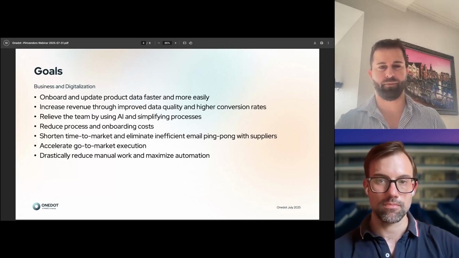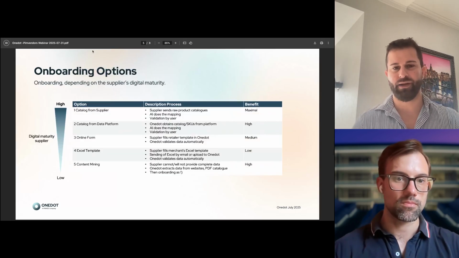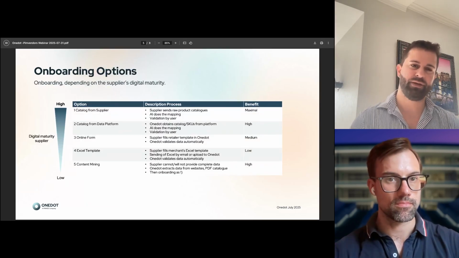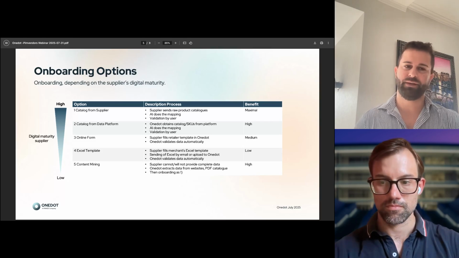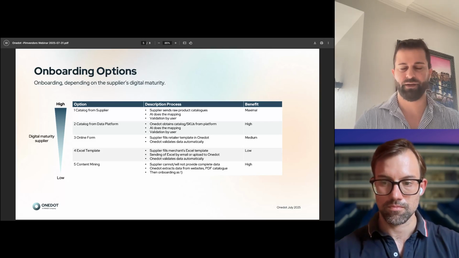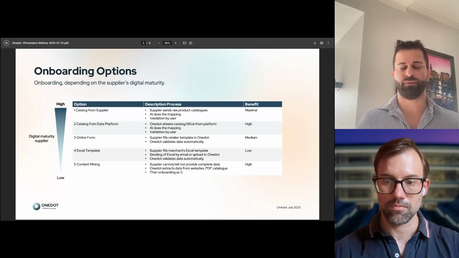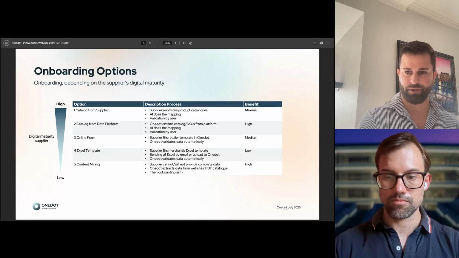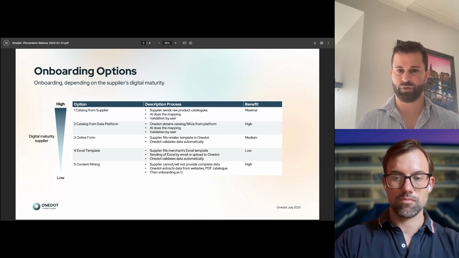This is my favorite part of the presentation. Why? Because you see here the possibilities you could have today, and we have it split into 5 different options, right? Because at the end, you need data to onboard. Without data, you cannot onboard product information. So data is crucial.